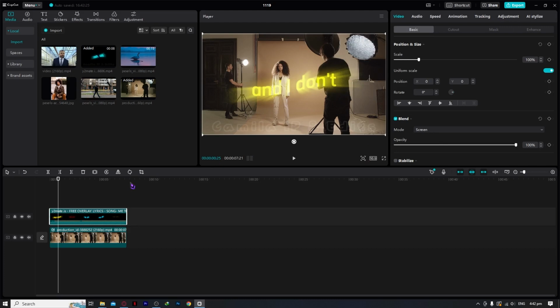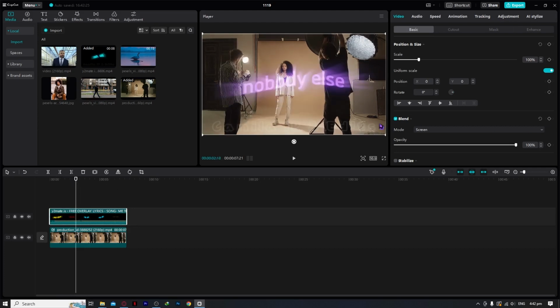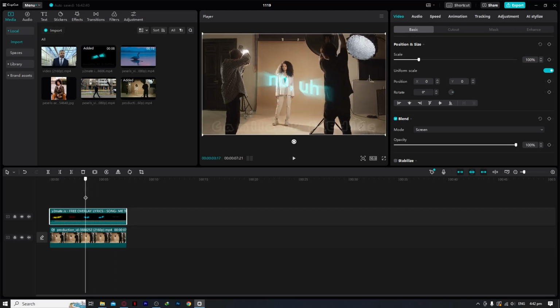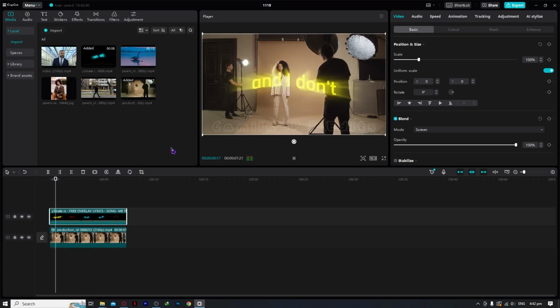All you have to do is go to YouTube and find some free overlay lyrics of your desired song, and then you can use it right here in CapCut, just like this one, as long as it has a transparent background, black background, or green or blue screen, whatsoever, and you can use it right here. And